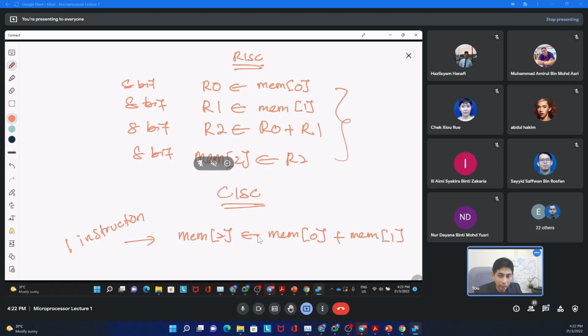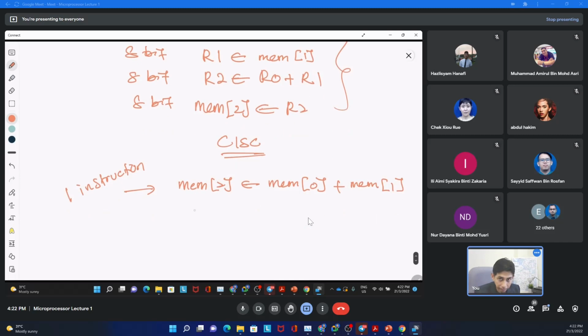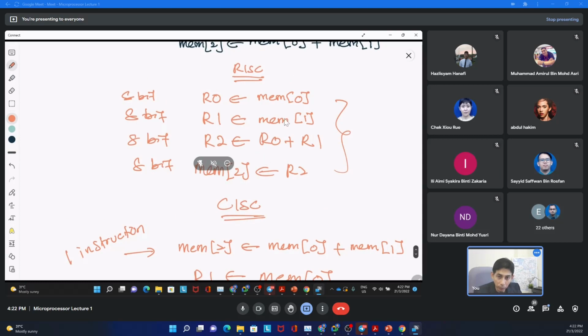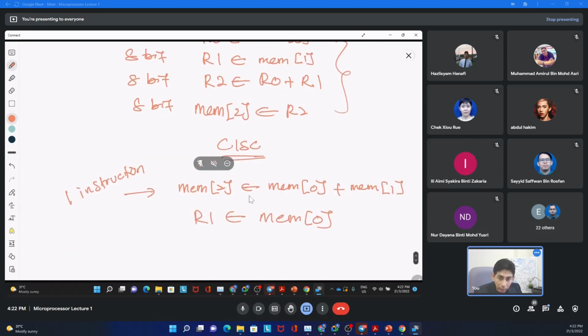But this one, CISC, you can actually do the move, everything here. You can do this, you also can do this, and you can do this also,